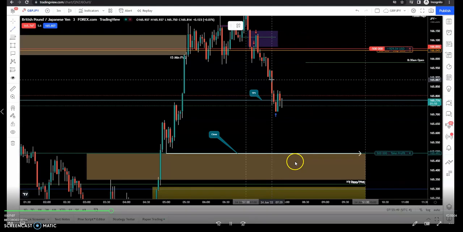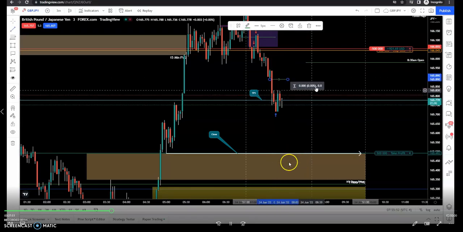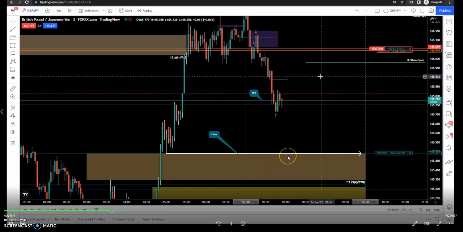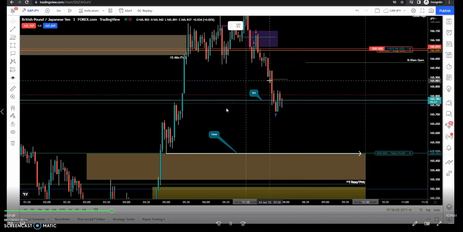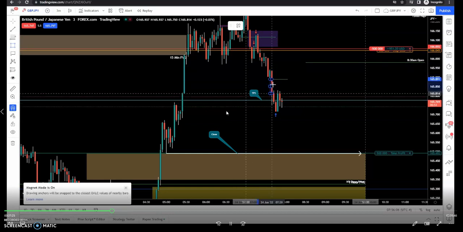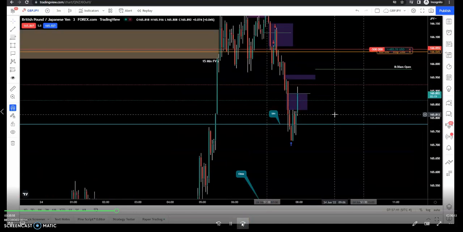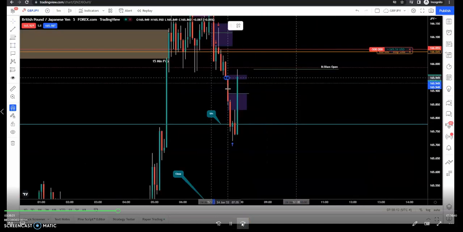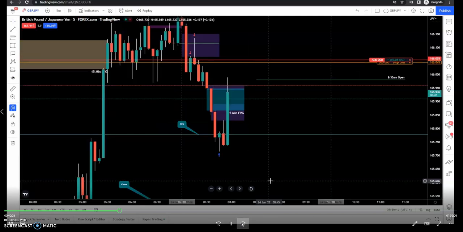That's a 58 pip move, and I generally didn't think that it would go any lower than this if it did get down there, because Friday generally the market is quite slow, and they don't make really big moves on a Friday. So I'm marking out the 3-minute fair value gaps, marking out 5-minute fair value gaps, making sure that they get respected. And you can see we get this big push up,